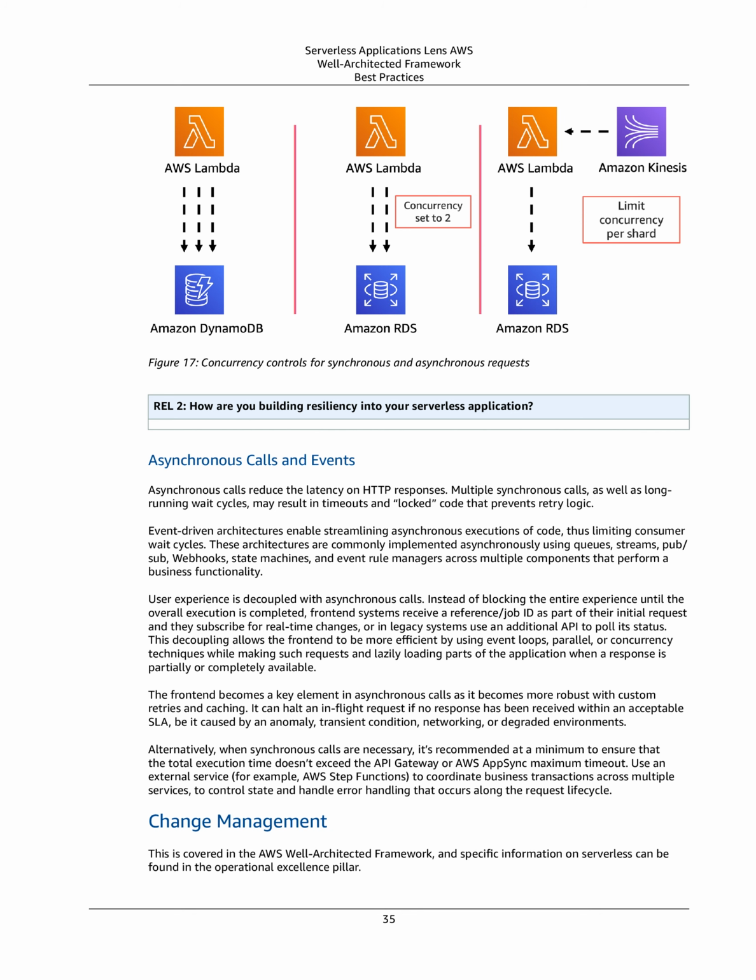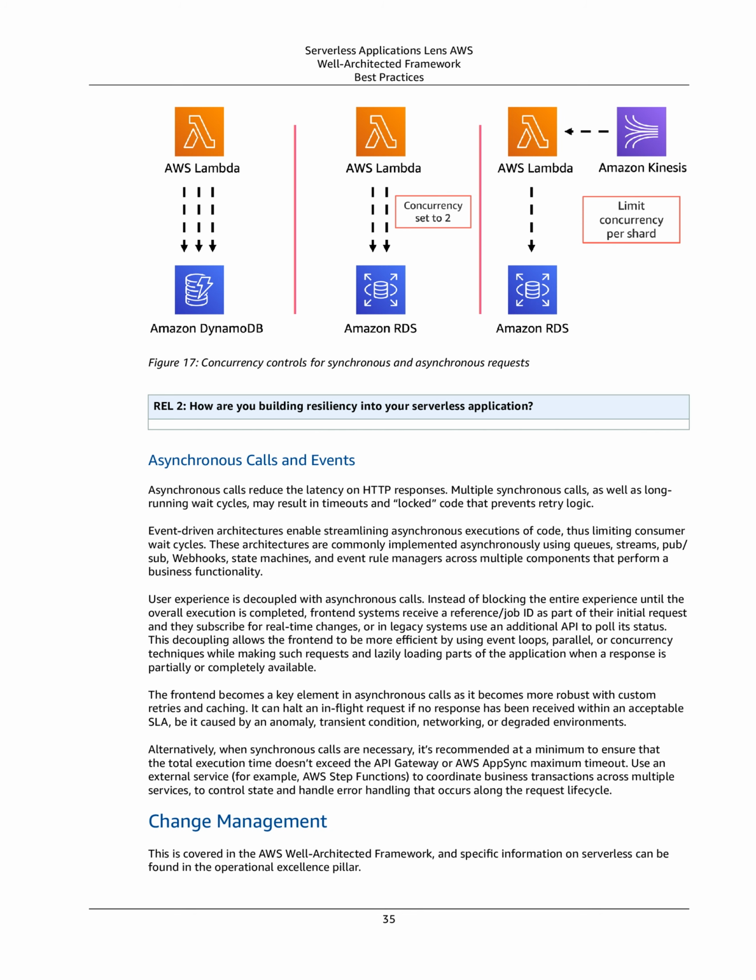These architectures are commonly implemented asynchronously using queues, streams, pub/sub, webhooks, state machines, and event rule managers across multiple components that perform a business functionality. User experience is decoupled with asynchronous calls. Instead of blocking the entire experience until the overall execution is completed, front-end systems receive a reference/job ID as part of their initial request and they subscribe for real-time changes, or in legacy systems use an additional API to pull